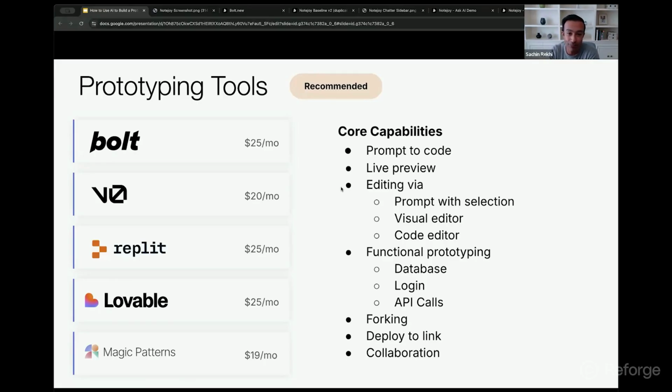You can see they're all about the same price point. Now, the thing with these tools is that they all offer generous free plans, so you can try them all out yourself. But as soon as you start incorporating this in your workflow, you're going to hit those limits, and you're going to want to buy one of these tools.